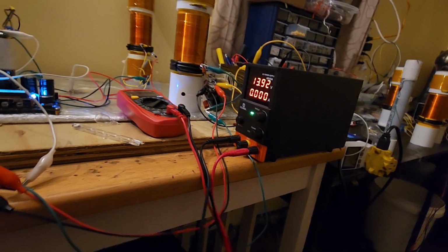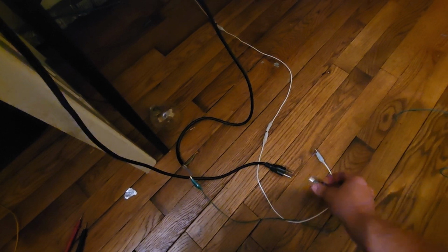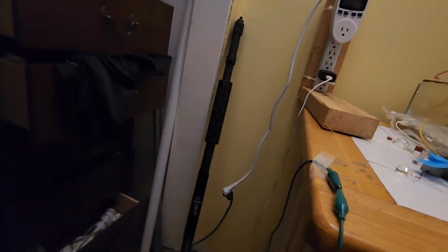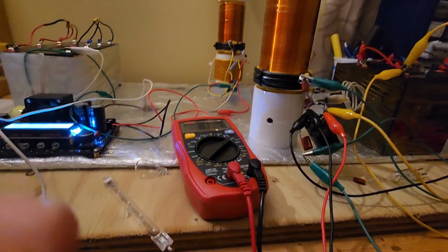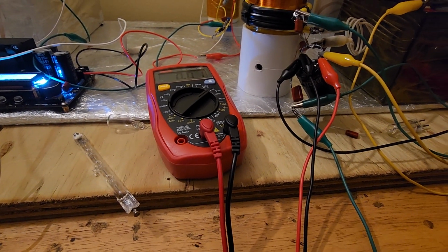So this is off now. DC power supply can again go back to where he was living, next to my shotgun. Went skeet shooting the other day with a few of my friends. So anyway,